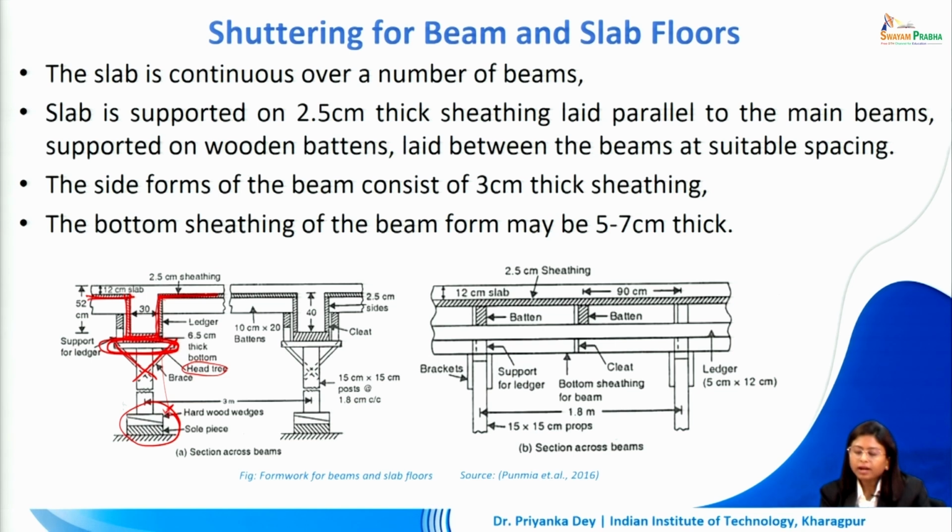So whenever we are adding props, above the props we have brackets to hold them in position, above which we are using cleats to support the ledger. This is the ledger. On top of the ledger, we have battens which are spaced at regular intervals, above which the sheathing is placed,